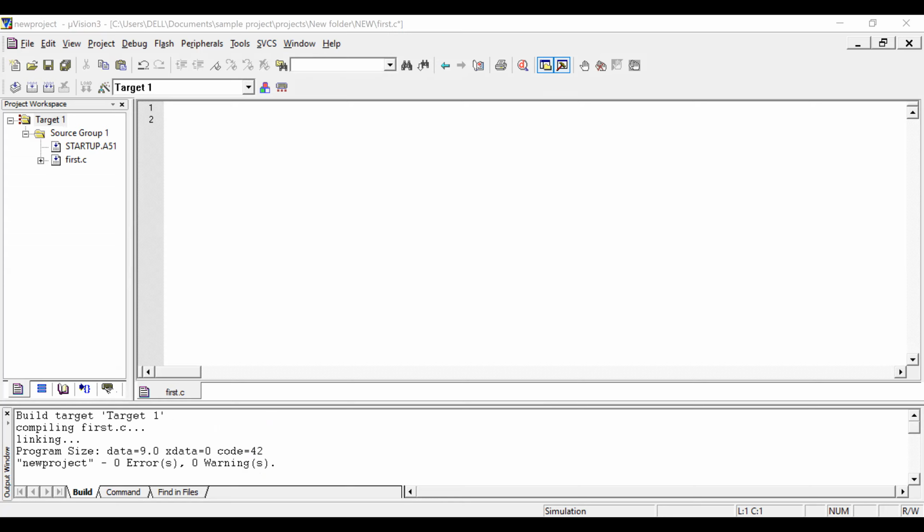Okay, the first step. I think I have shared the software. Yes. The first step, you always start with the header file.